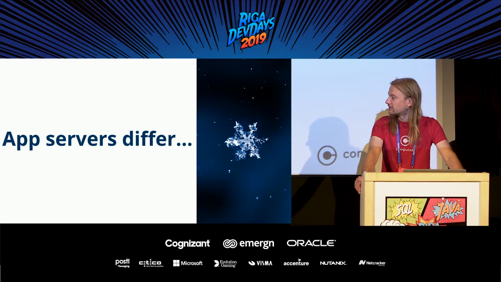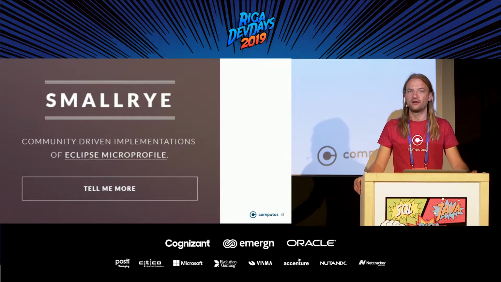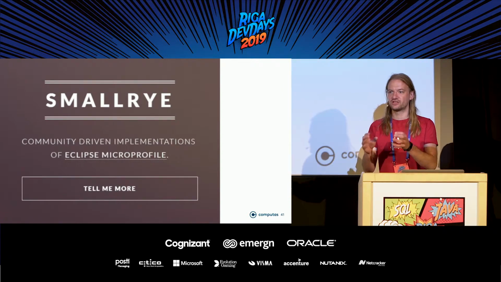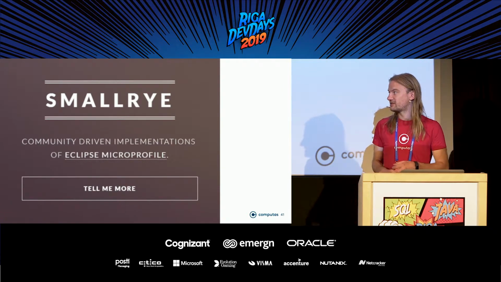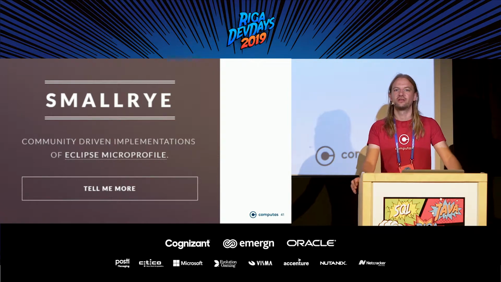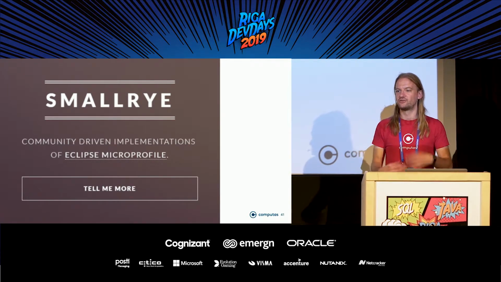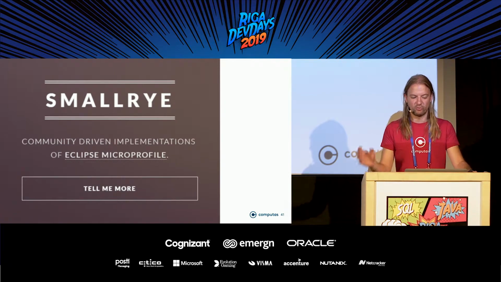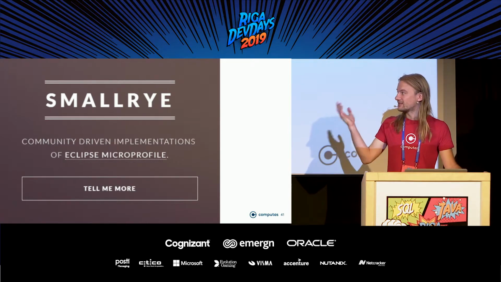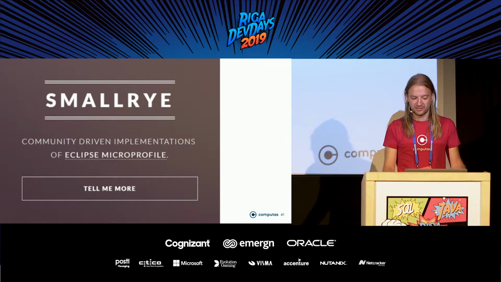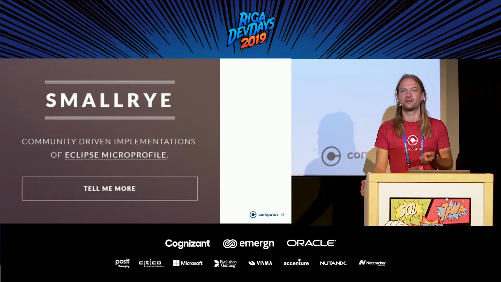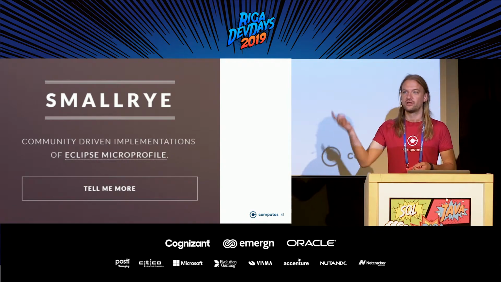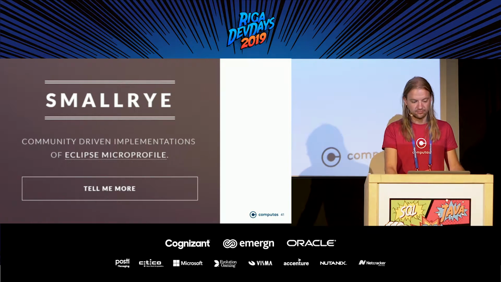Small Rye is an implementation of Microprofile. That's decoupled a bit from the app servers. That's just the implementation of Microprofile. It's an initiative from Red Hat. It's probably mostly been developed and advocated and run by Red Hat folks until now, but IBM is starting to attach on as well, at least the rumors said. We haven't confirmed that, but it seems like it's getting a bit more traction. And currently, Red Hat has 2 implementations of Microprofile, or 2 app servers supporting Microprofile, both Thorntail and Quarkus, and they're using the same implementation, which is cool.